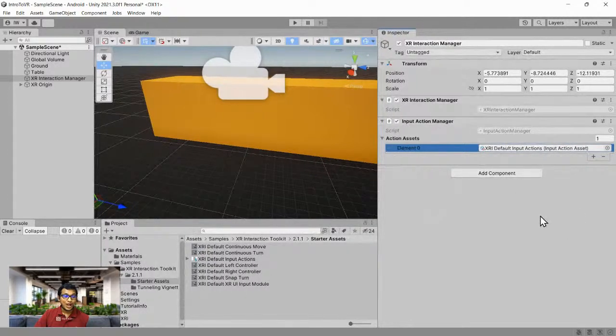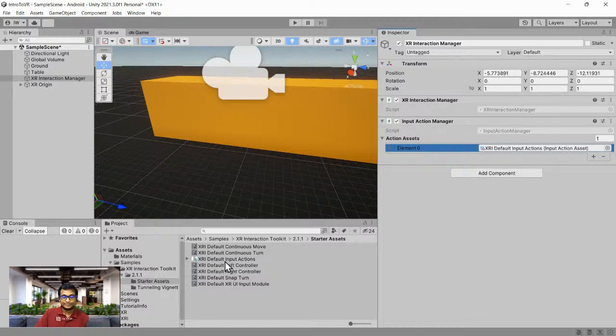Okay, so why did I do that? Because we're using the new Unity input system, and because we're using the new Unity input system, we need to specify some actions, right? Because this is considered an action-based input. So we have to capture the controller input, the headset input, the button inputs, the movement, everything, and we have to convert them to an action. All of these actions, we have to do them by ourselves, or Unity has given us